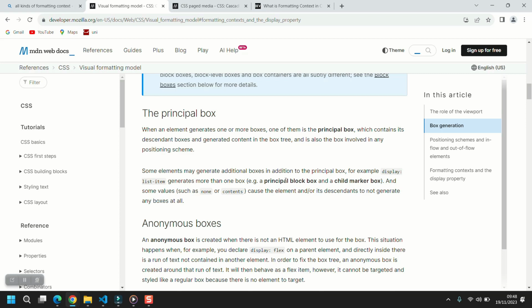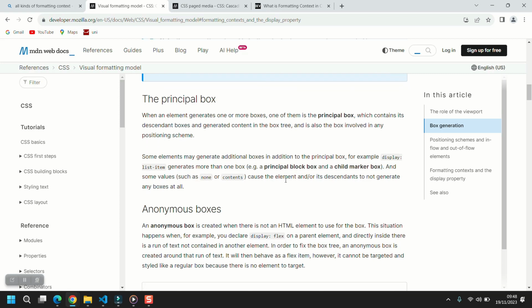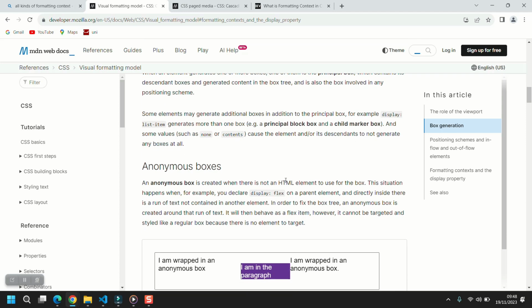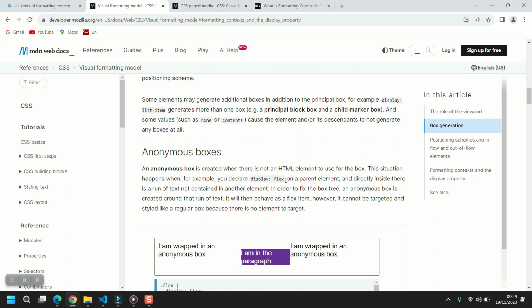So it's the one that is taken into consideration by the box tree, and it behaves like the parent element. In fact, it says here, some elements may generate additional boxes in addition to the principal boxes. For example, display list item displays more than one box. Okay, so